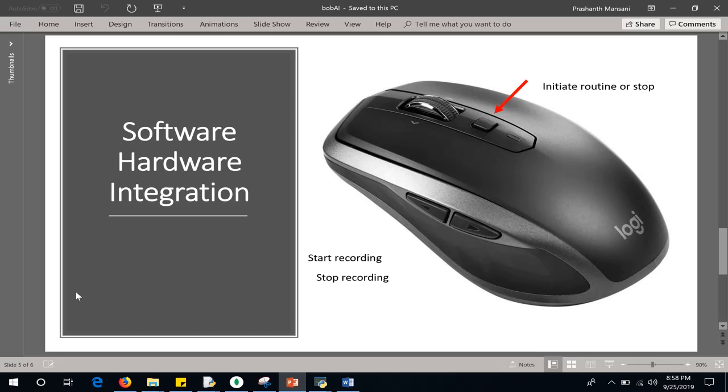But it will be so much easier if we design a mouse dedicated to this software. The mouse works as a typical mouse. It's Bluetooth and you can control it, but it will have extra buttons. So just like a gaming mouse, here you can see there are three buttons on a typical Logitech mouse. One of the buttons can be used for recording, one of the buttons used to stop the recording, and the button just behind the wheel can be used to initiate the routine or to stop and hard reset the software at any point of time, so the user can take control,